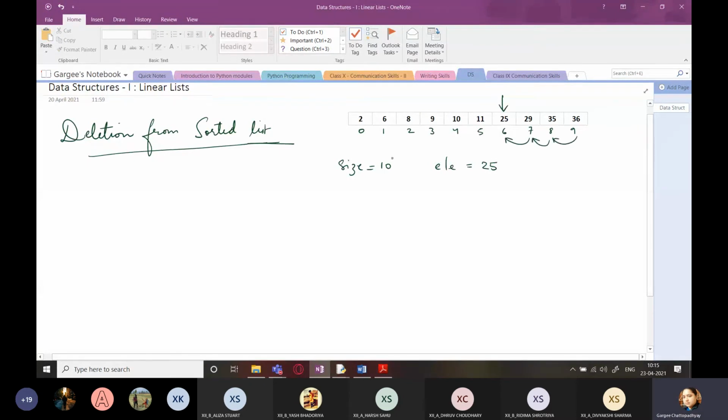And the size is also reduced by 1. Okay, so that has to be taken care of. So first thing is to figure out the position of the element. Although I have a function named find for doing this, I'm not going to use that. Instead, I'm going to do it programmatically. So my first step is finding the position